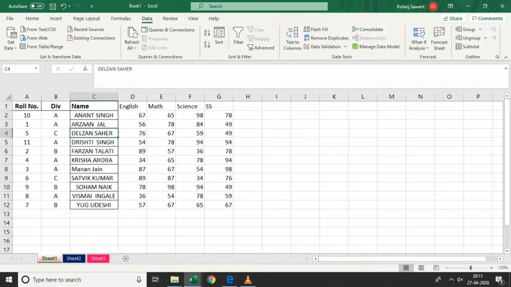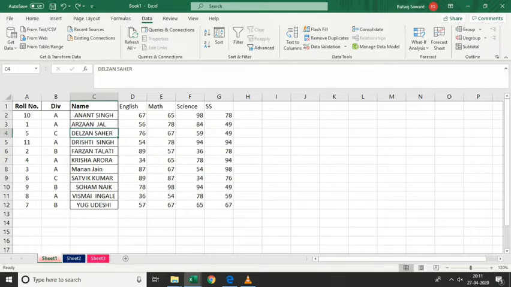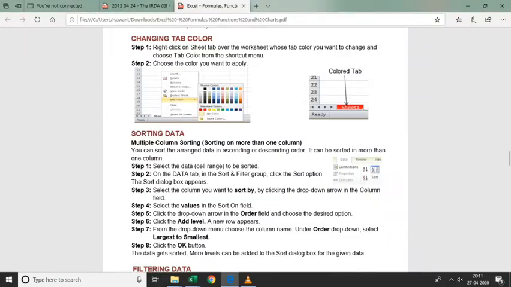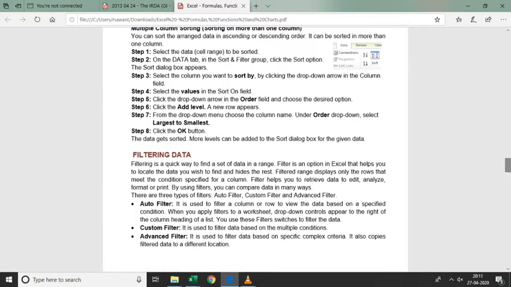So this was about sorting your data within MS Excel. Now let's see the second one, which is about filtering your data. What is filtering your data? As the name says, filter allows you to set data in a range.